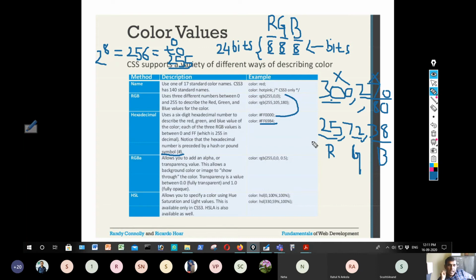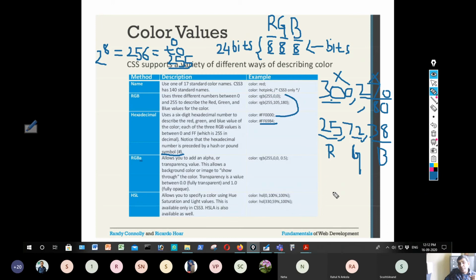That means the color can be the name of the color, the red, green, blue value in decimal, or the red, green, blue value in hexadecimal, or else you can specify RGBA to add an alpha or transparency value. RGBA is different from the above RGB in that A specifies the transparency value.